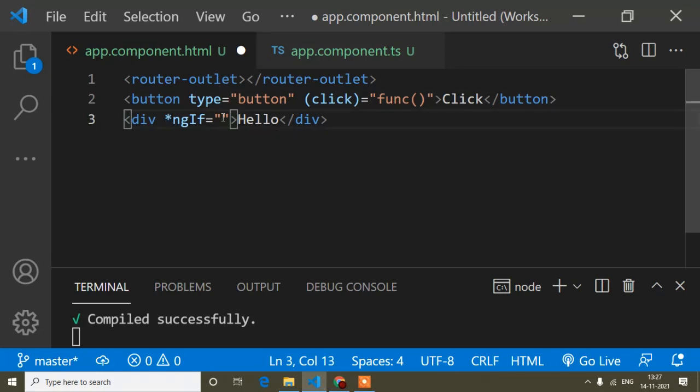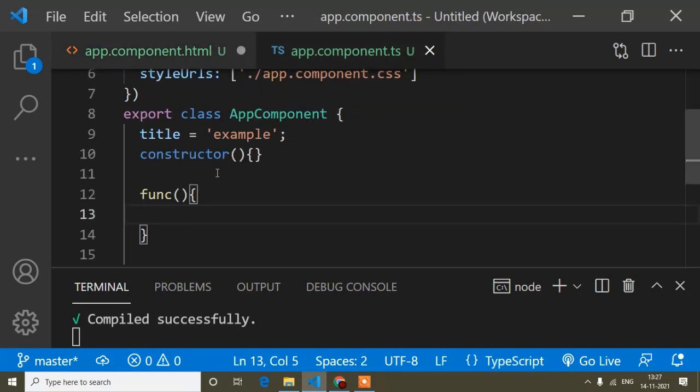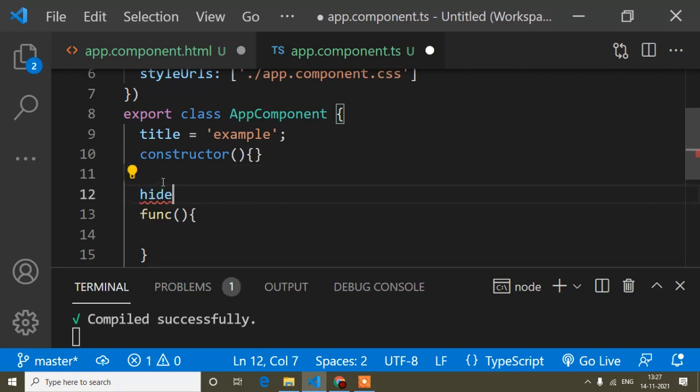Variable name can be anything, you can write as per your choice. So here this variable name I will write is height, you can write anything. And now I have to copy this variable, and in the ts file just here I will paste this variable, and simply I will set the type of this variable as boolean. Boolean means, guys, true and false. This is called boolean.